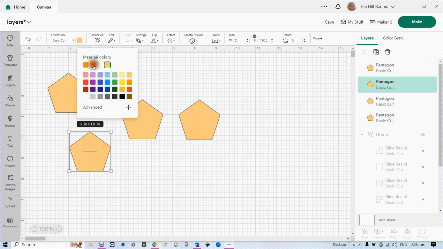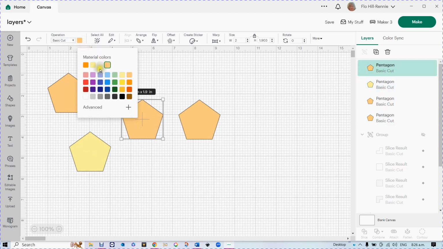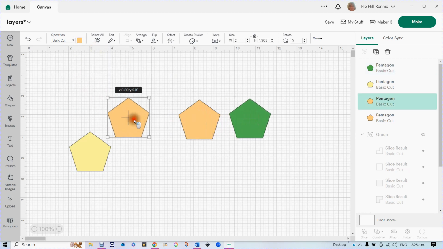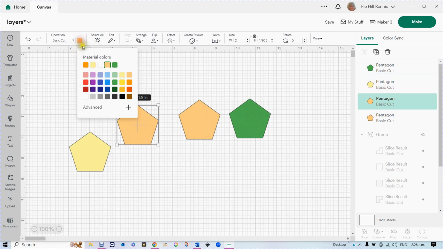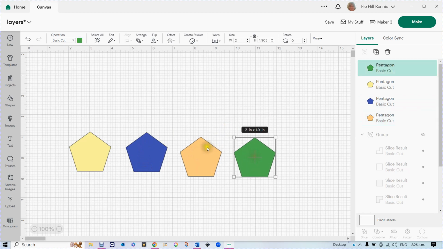Often you will want to cut a number of different things, and we've got 4 different colored things to cut. One's going to be yellow, orange, green, blue, and we want to cut them all on